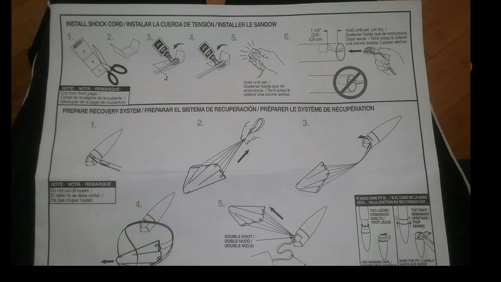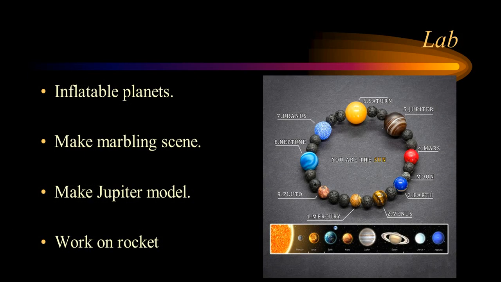Okay, so if we'd been together today, we would have had some other things we were doing for lab. I just threw this in there because I thought that was kind of cool. That might be a fun project to do if you had some really nice beads, and you could see how you could have Mercury, Venus, Earth, Mars, Jupiter, Saturn, Uranus, Neptune, and Pluto in there. That might be kind of fun. But I have some inflatable planets, and they're not to scale, which kind of bothers me a little bit. And the rings that are around Saturn are kind of floppy.